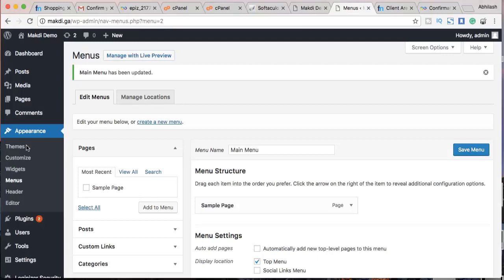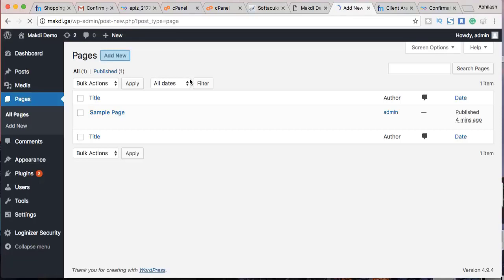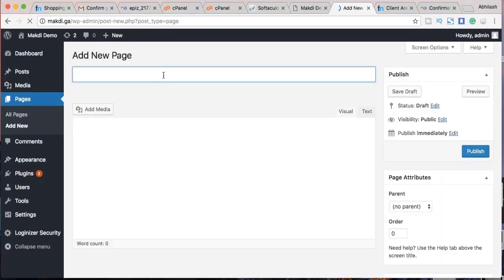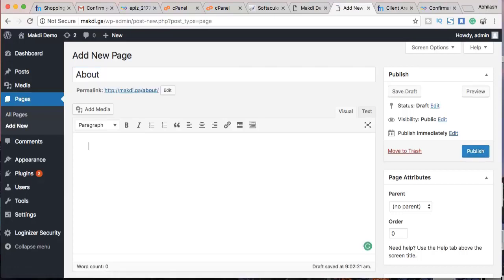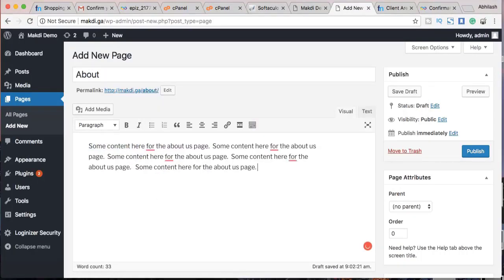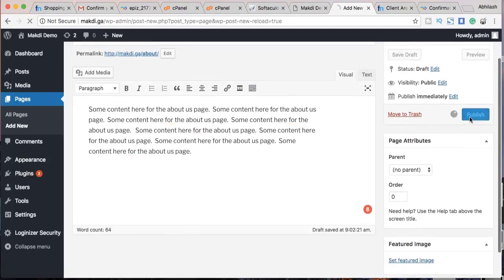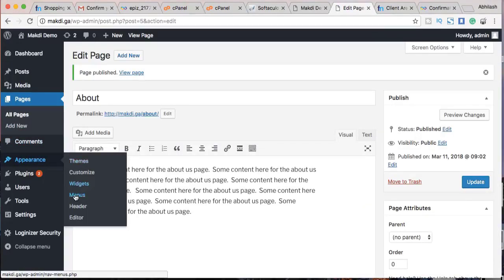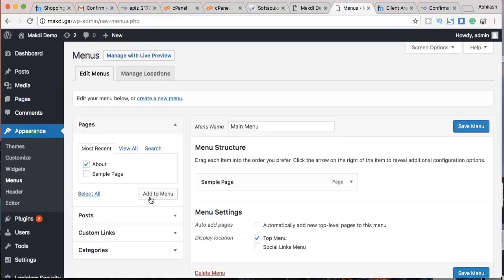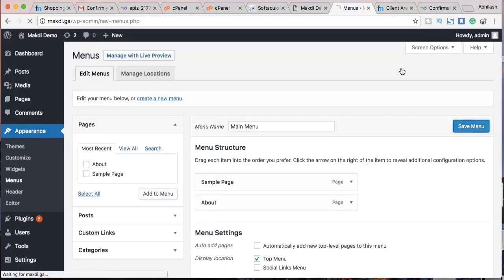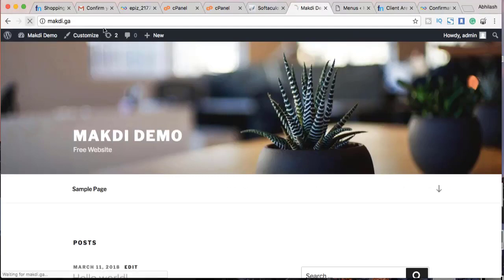Similarly, you can add additional pages, a number of pages. So that's why I called this a dynamic website, because it's interactive in nature. So let's add a new page here called about, and I will just type some random text here. And you just need to click publish to save this, and go to menus and tick the about checkbox and click add to menu. That will add this menu here. Just click on save menu and let's go to the home page, and here you see that the page has been already added